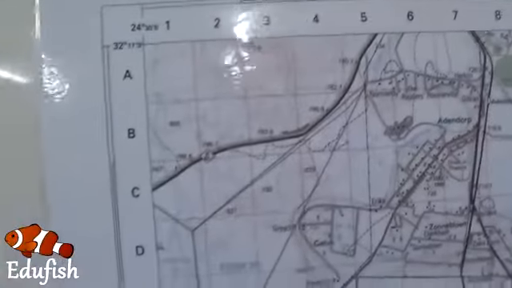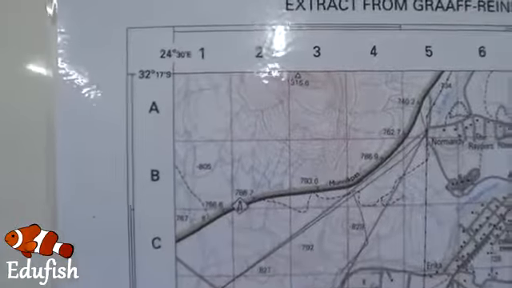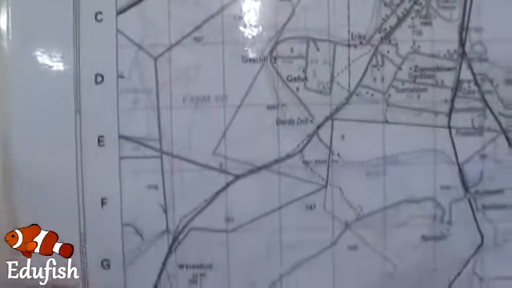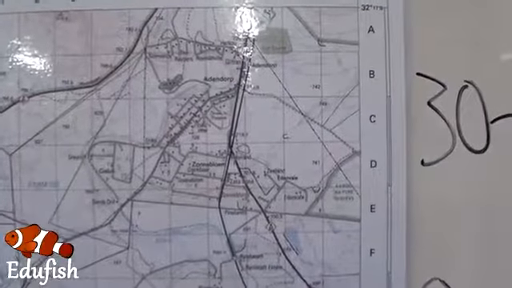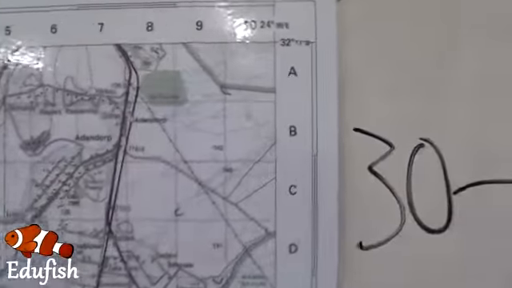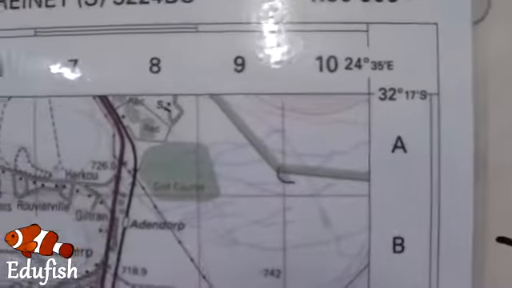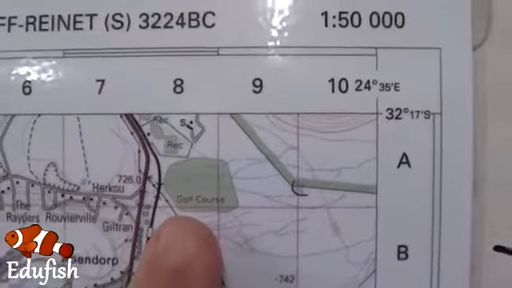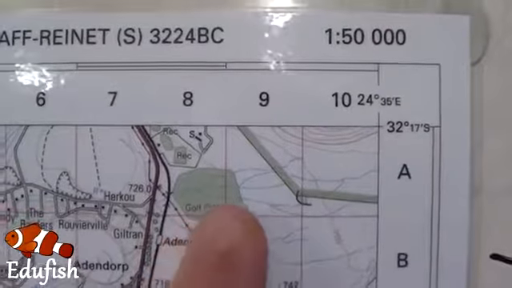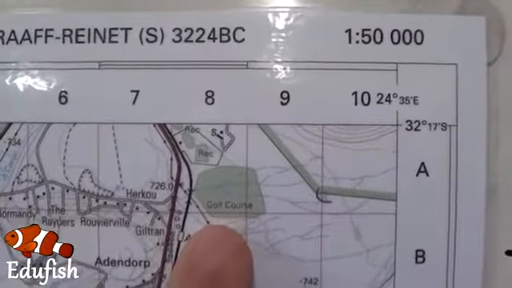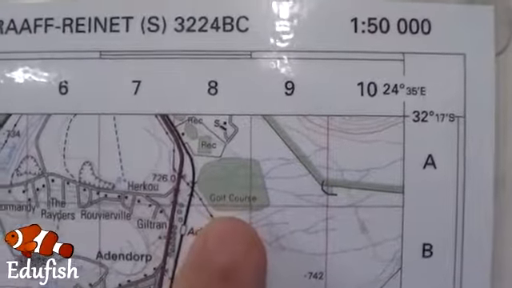And then when we look at the left hand side of the map, we will find that there's row A, row B, C, D, E, F, all the way down to K. Your teacher might ask you to give the alphanumeric reference for the golf course. Now let's zoom in on the golf course, and as we can see here, it is found in this block right here. Now, the golf course overlaps with some of the other blocks, but let's use the one that we mostly see the golf course,